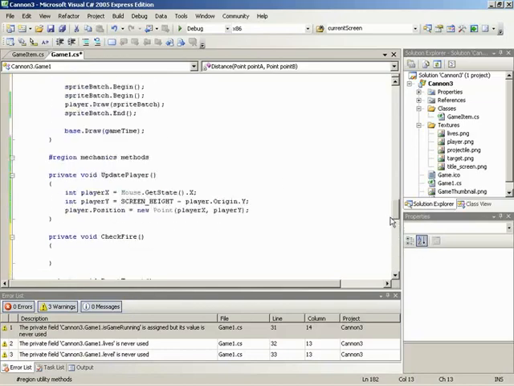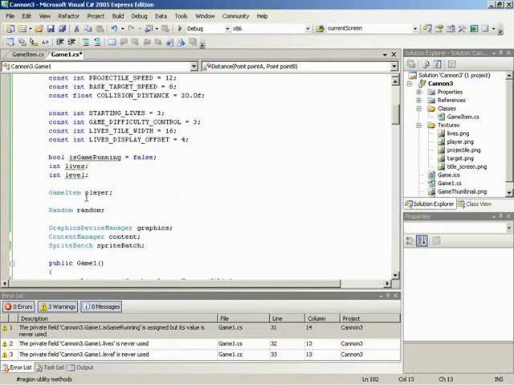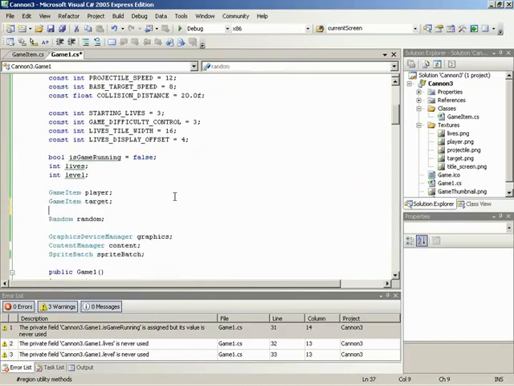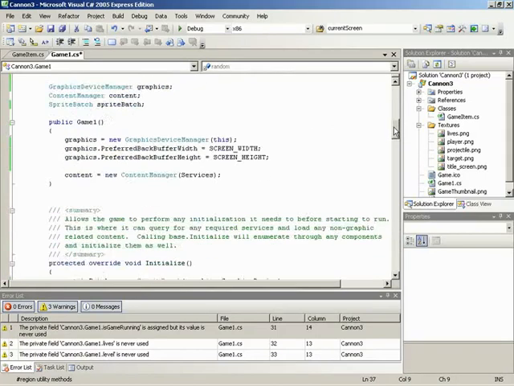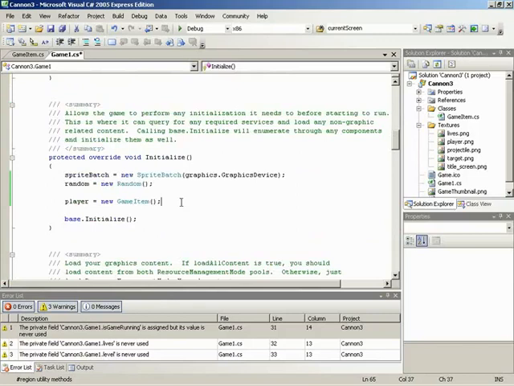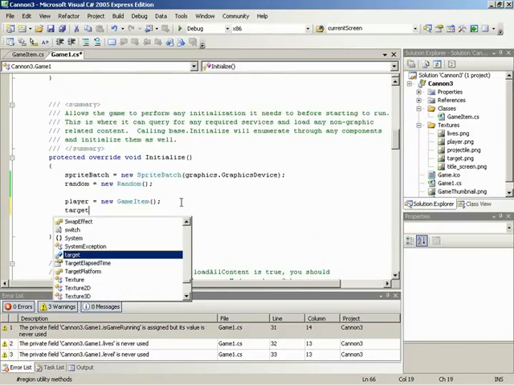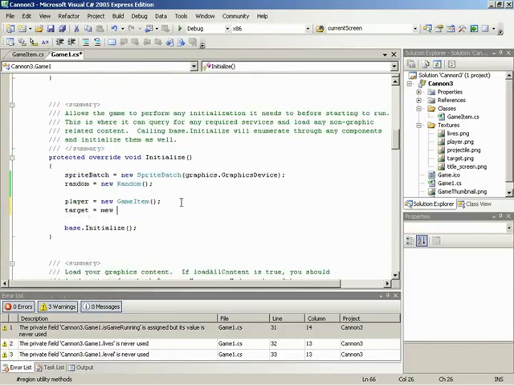Yeah, let's jump back up to the variable section, right below where we created the player. Now let's make a game item for the target. And then it's pretty much standard procedure from here on out. We go into initialize, and we create that game item stored in target. So target is equal to new